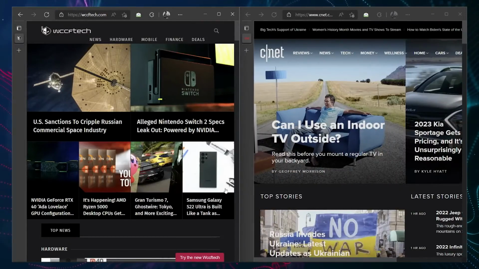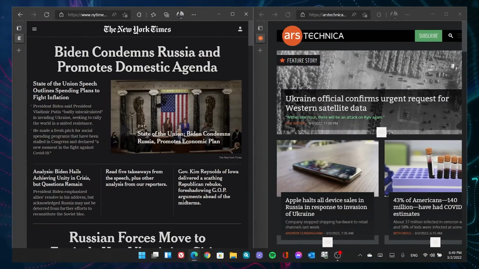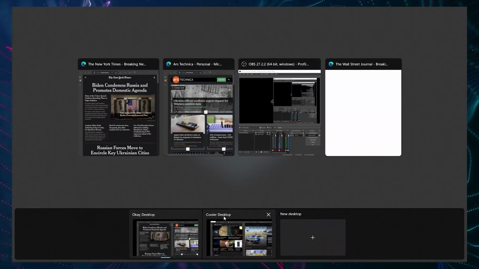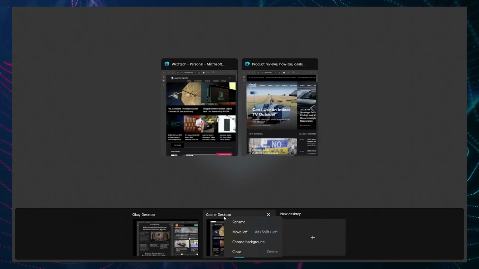Something interesting about Windows 11 is that you can actually name your desktops. So over here, if you just right click, rename,